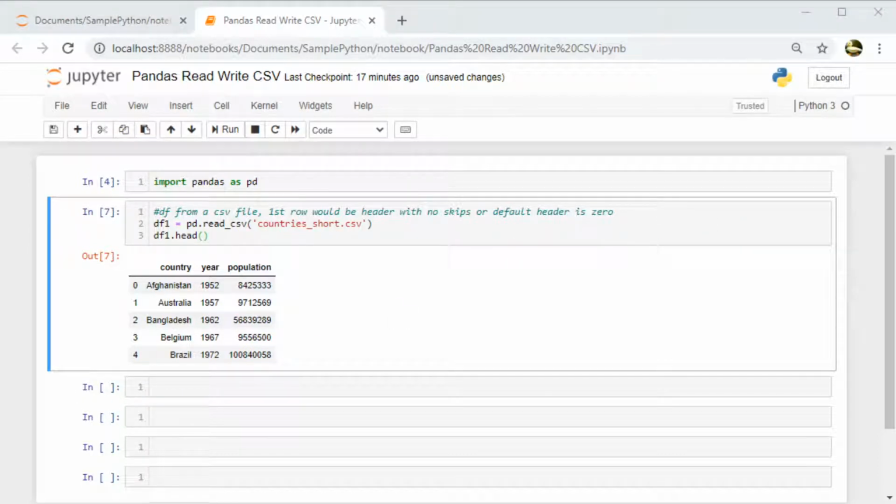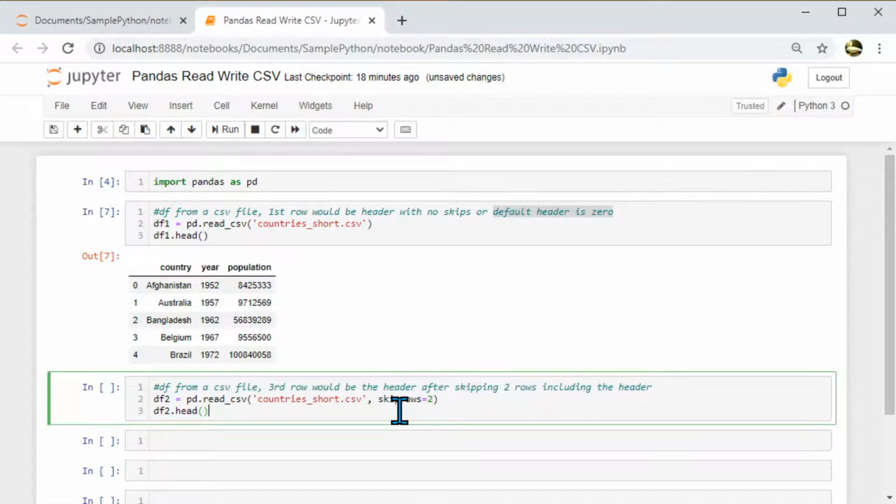Now there are times that we want to skip a row and read, and those kinds of scenarios. Normally on the file, when we have comma separated values, by default the header is 0, and there is no skip. That means each and every row in the file gets displayed here. Now let's take a special condition where we are going to skip something because of business need or any other reason.